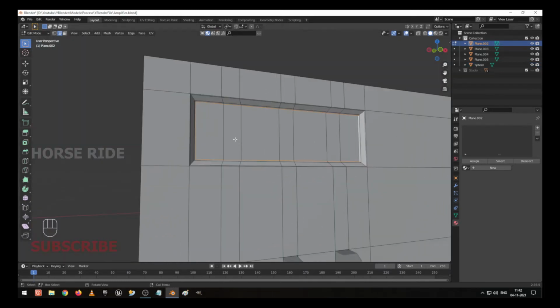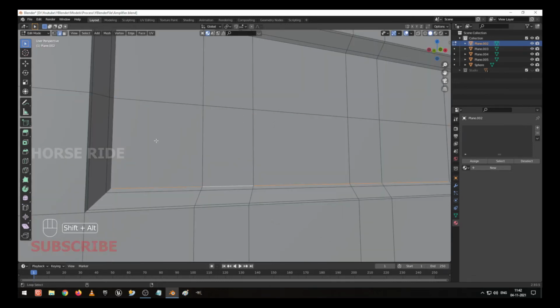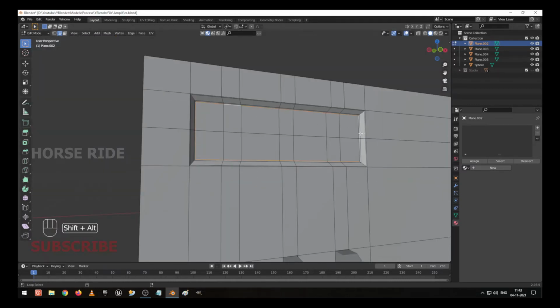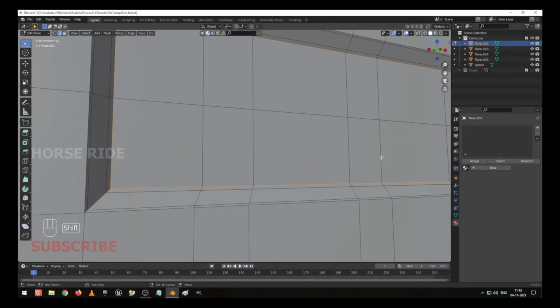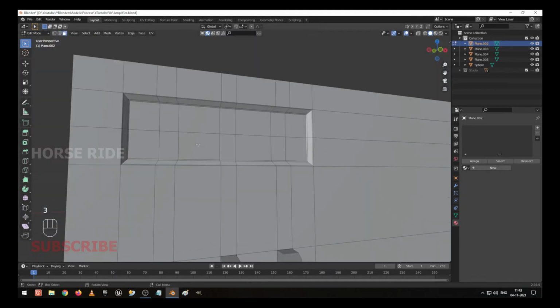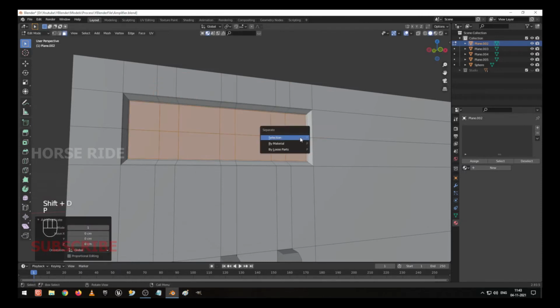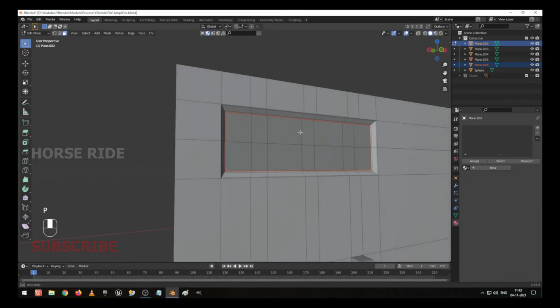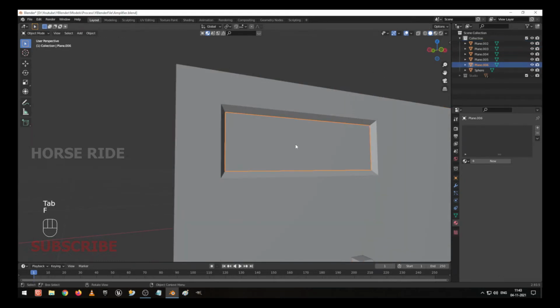Now I create one edge loop here. I select these edges, select this one, and select this one, select this one, and I go to the face selection, that is better. I select this, press Shift D to duplicate, and P to make the selection separate. I go to the edit mode, I press G, Y to move a little bit further.